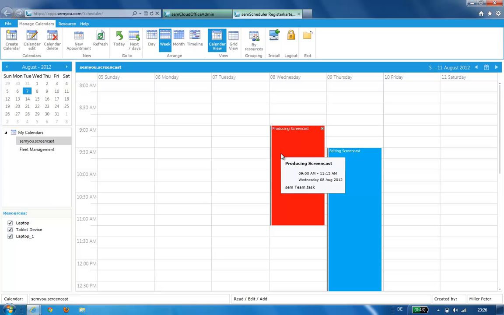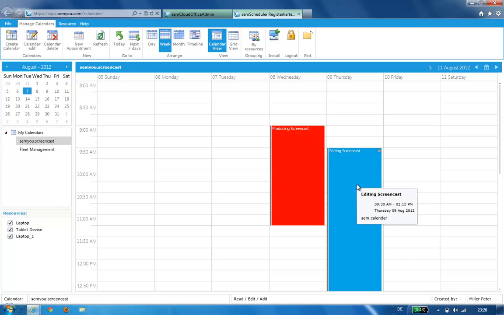And if you move the mouse over the appointment, you see that we give a shortcut about the appointment,